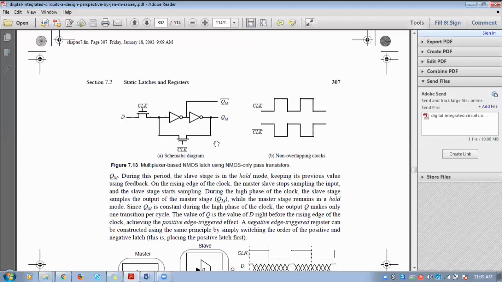If you want to make a negative latch using pass transistor, simply vary the select lines. Here you can replace clock bar and here you can connect clock so that you can get a negative latch. So keep in mind that we are assuming that clock and clock bar are non-overlapping clocks. If you found any overlapping condition, you will end up with 0, 0 and 1, 1 overlapping and race conditions may arise. So we are assuming here that clock and clock bar are non-overlapping clocks.